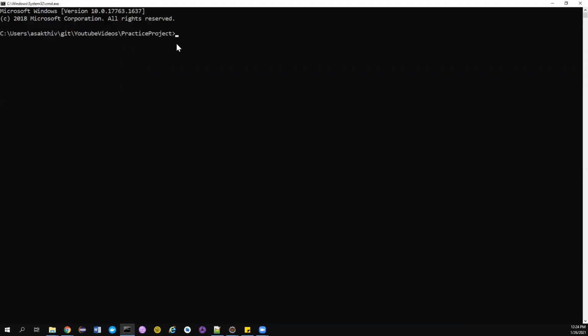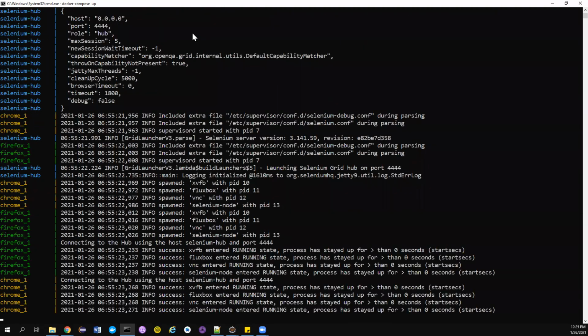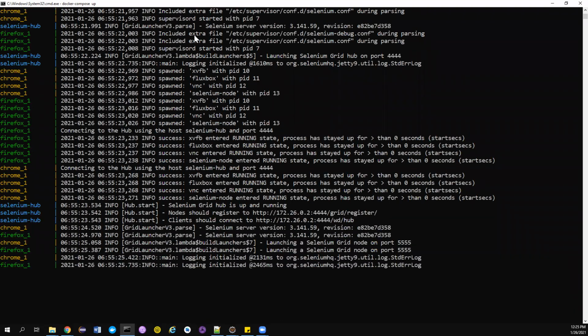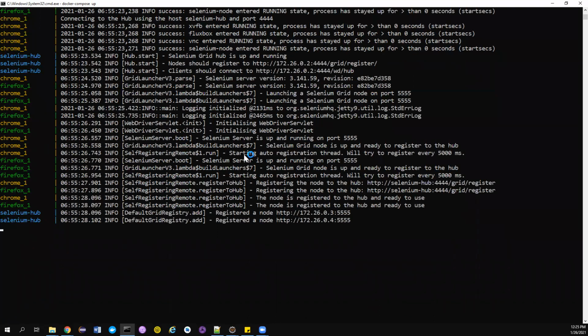Good. Now, in this folder, you need to go to the place where the Docker Compose YAML file is there, and then just type docker compose up. That's it. In my case, I have installed Docker and I have also downloaded the image, so it may take very little time for me. Within a few seconds, your infra will be up and running. You have set up the Selenium Grid inside the Docker environment. Good. Now everything is set.